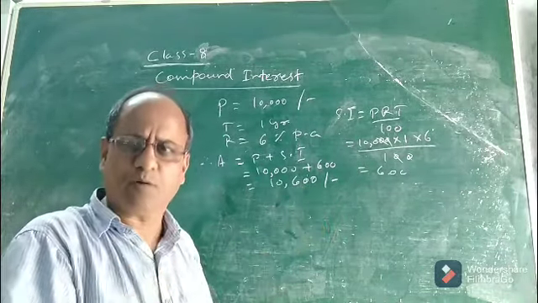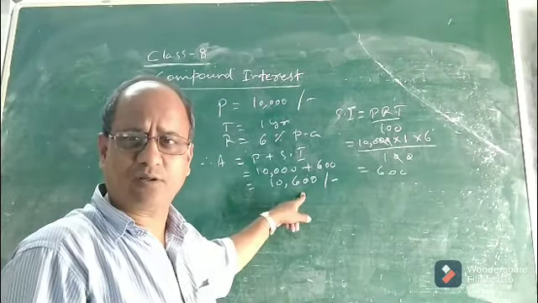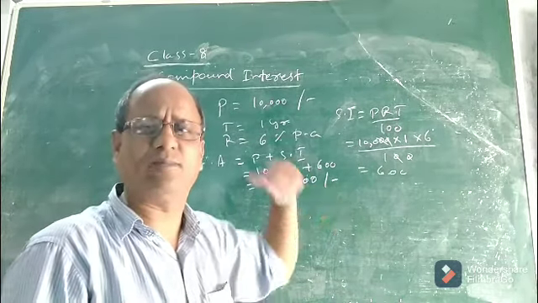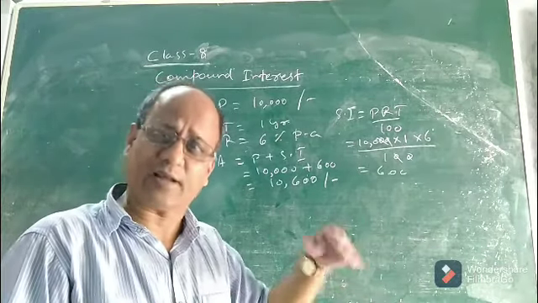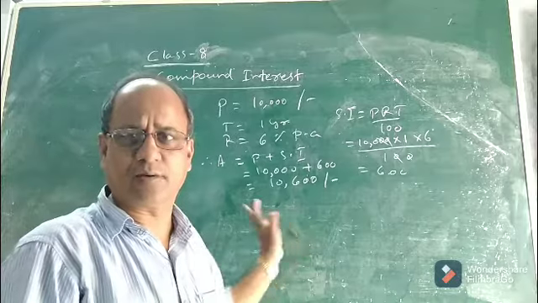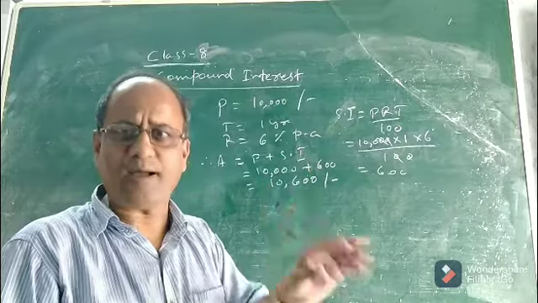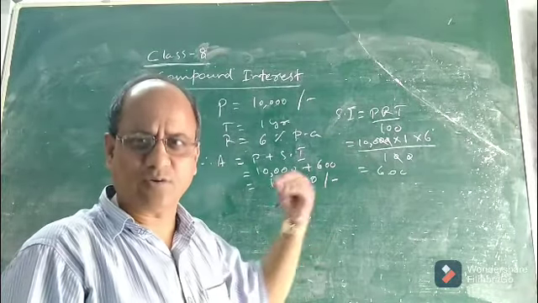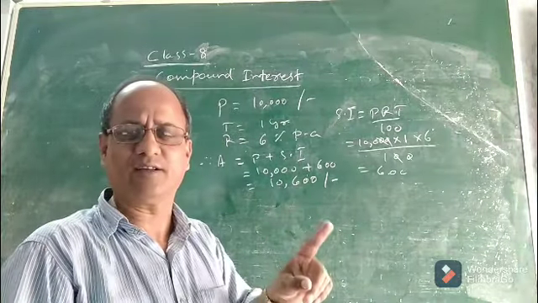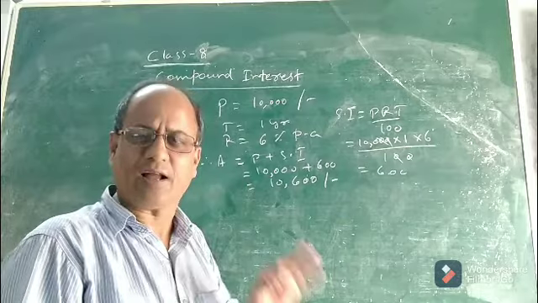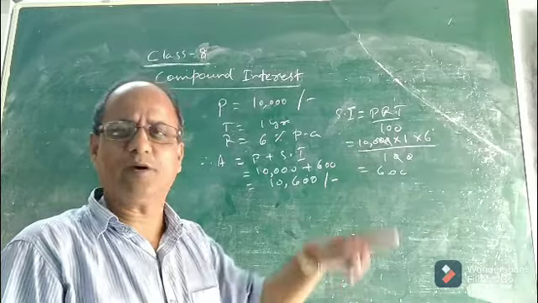But due to some reason, suppose he could not pay this amount to the bank, and he said to the bank, yes, I will clear the loan in the next year, after another year, that means after the second year. So definitely the bank will charge interest for another year. For the second year also, the bank will charge interest from the person. Do you think it will leave the interest for the person who had taken the loan? Clearly no. So the bank will charge interest for the second year. Now the point is, when the bank charges interest for the second year, it will be on what principal amount?